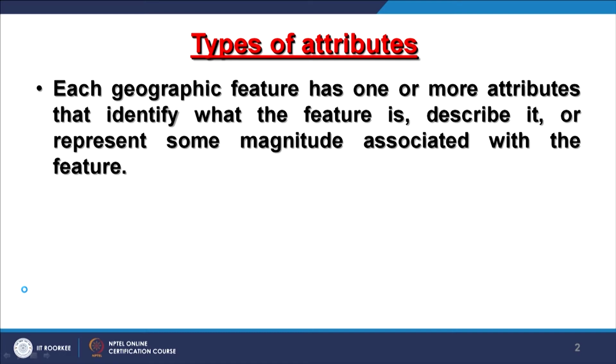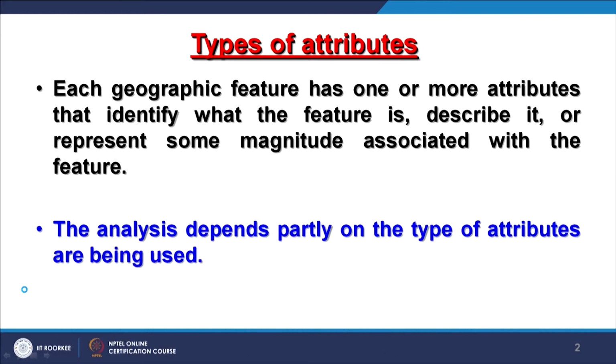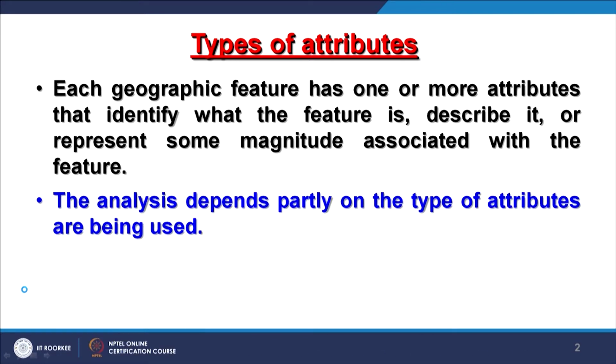Also, when I was showing the demonstration, I used the point data and performed some queries on that. Because we had multiple attributes stored against each point, it was possible to do it. That is the advantage of having accurate and rightly entered, organized attributes in our GIS database.